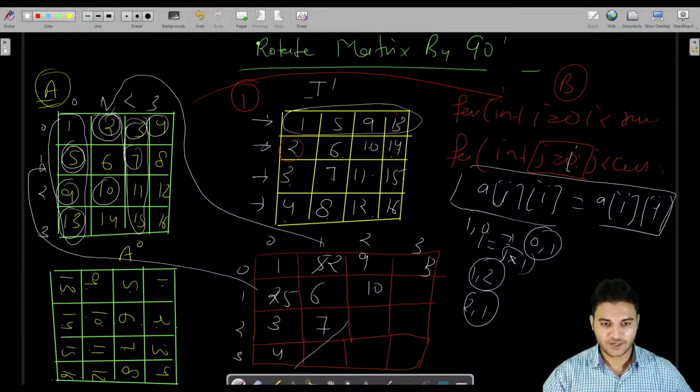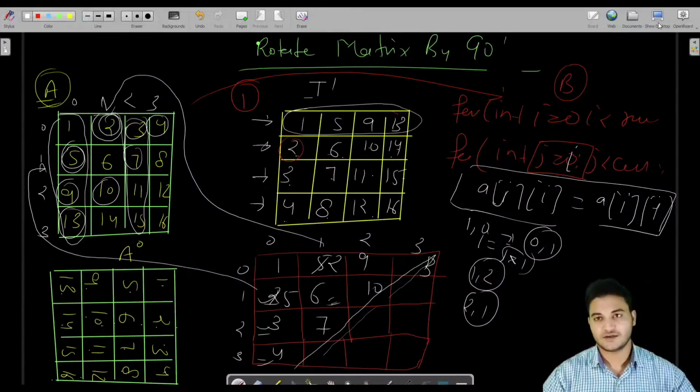We have to iterate our inner loop in this range. We do not have to start our j from here each time. We just have to start with i. What is the value of i? We just have to start with that.